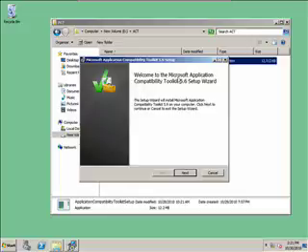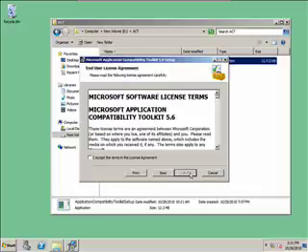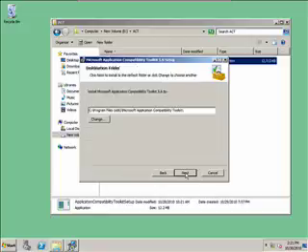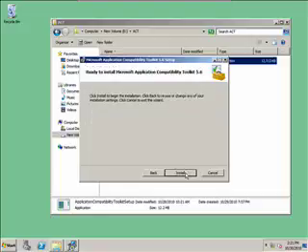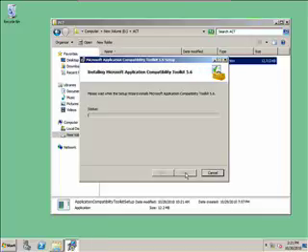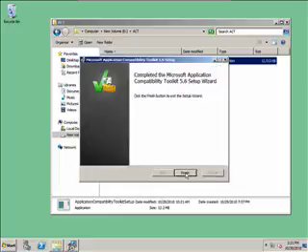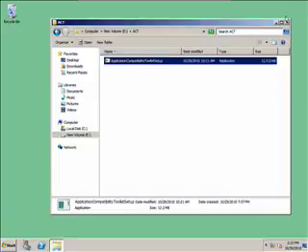On the Welcome to the Microsoft Application Compatibility Toolkit 5.6 Setup Wizard page, click Next, accept the license agreement, and click Next. I'm going to accept the default destination folder and click Next. On the Ready to Install page, click the Install button and let it rip. When completed, click Finish. We can close Windows Explorer